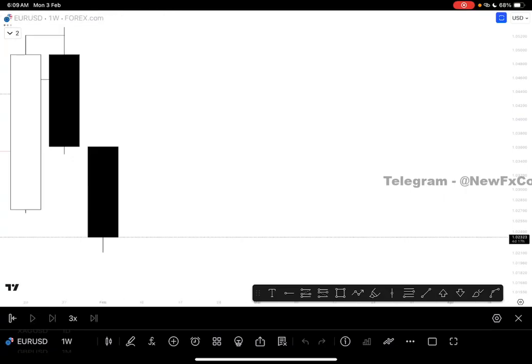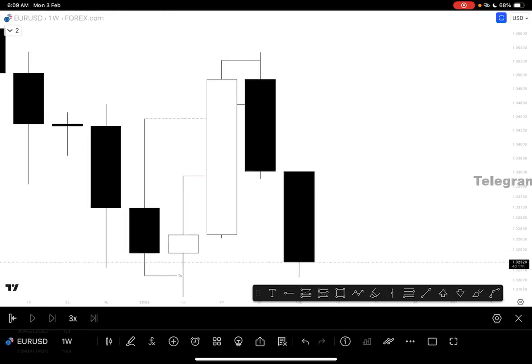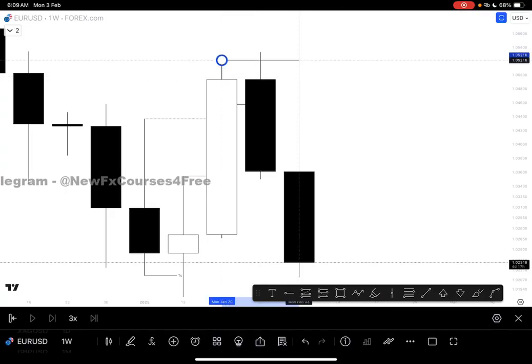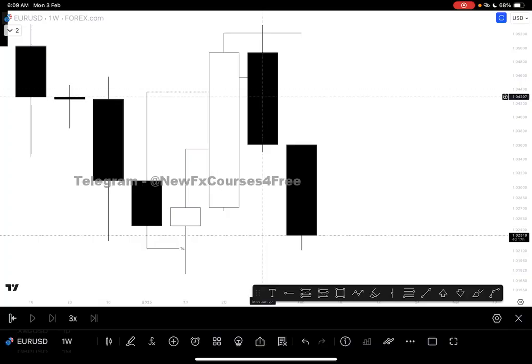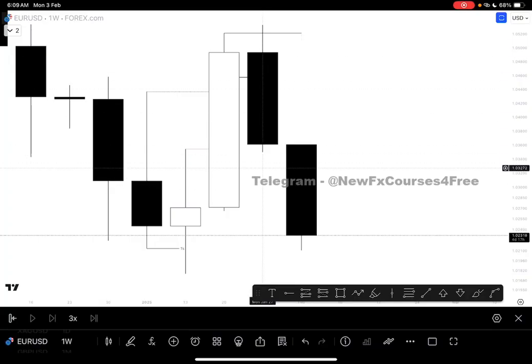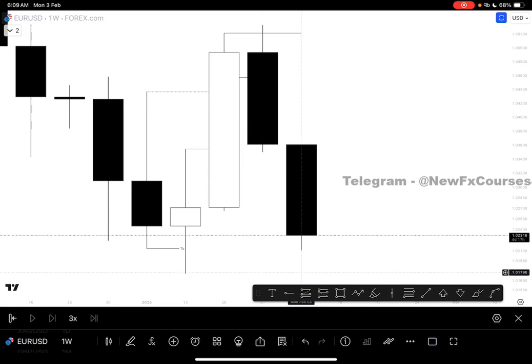and same thing here, sweeping above this candle range high over here, closing below massively. It closed below massively. The next candle expecting to